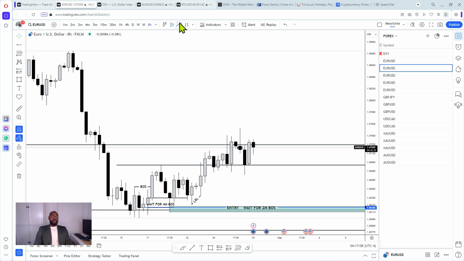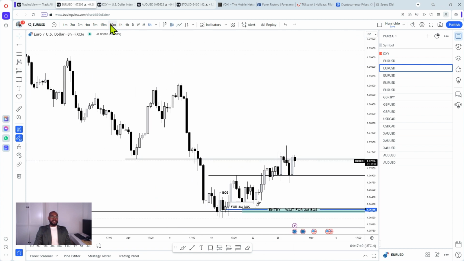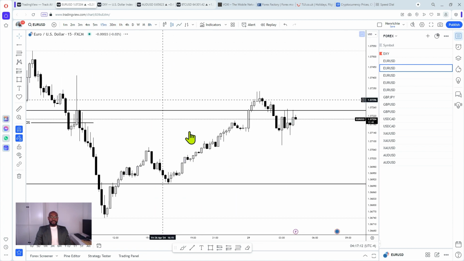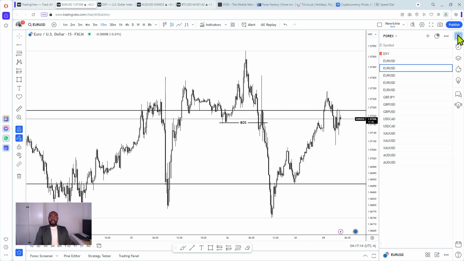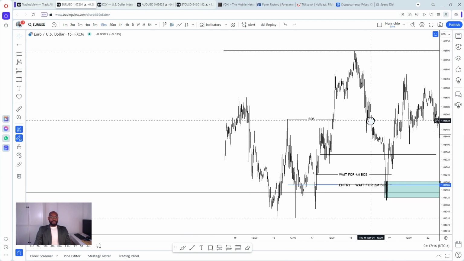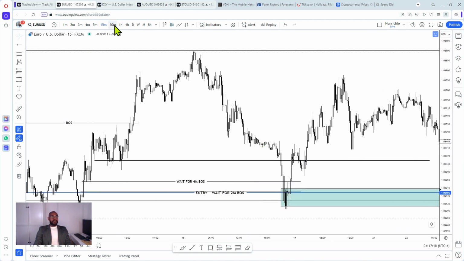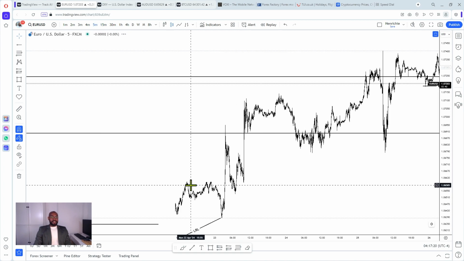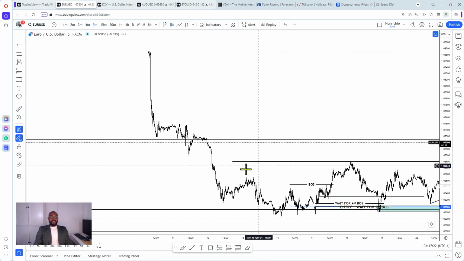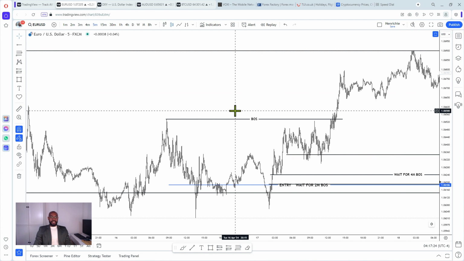Now, the next thing we do is look for confluences, things that align with that key level. So you can see it's a 15 minutes, it's a blue line. So if we start to scale down to the 5 minutes time frame, you can basically see that this key level right here